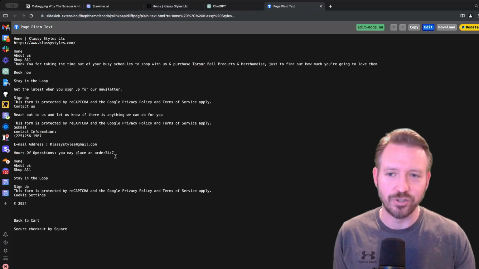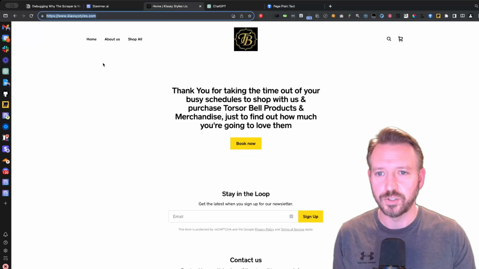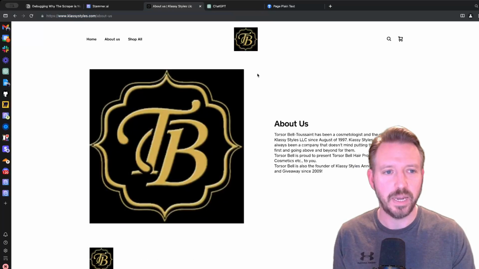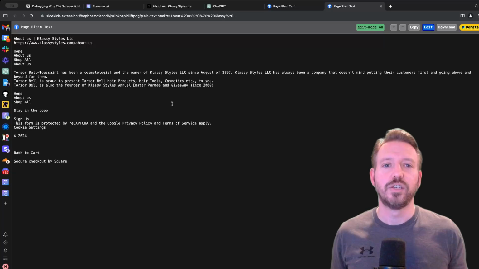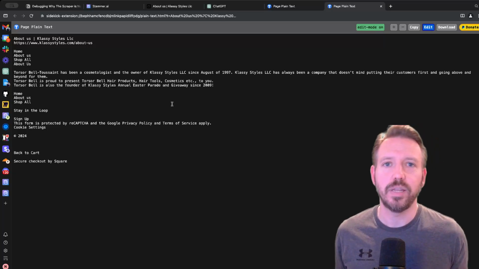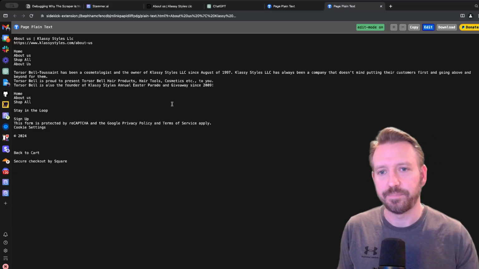it's going to give you the content of that page. Of course, on this page there's not a lot here, even with the JavaScript being rendered, but you could go to the About Us page, press it again, and then there's the content on there. So that's one way: you can manually, as a human, get the content.